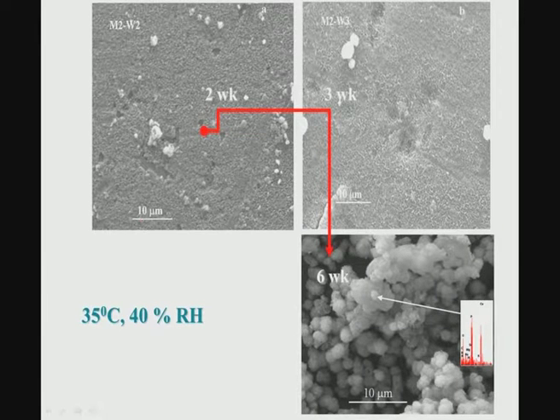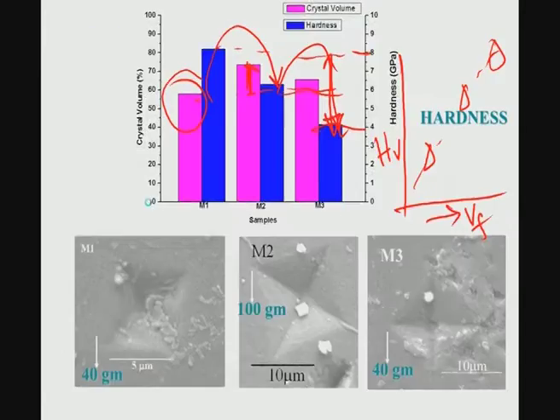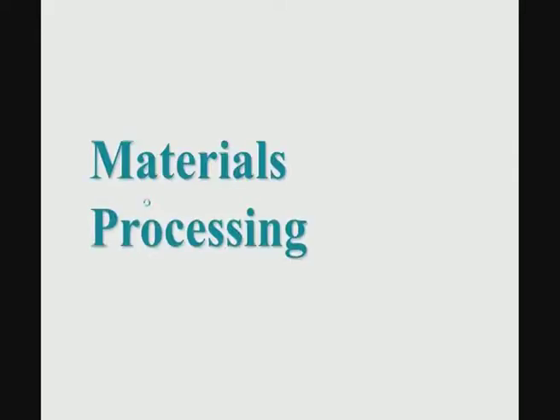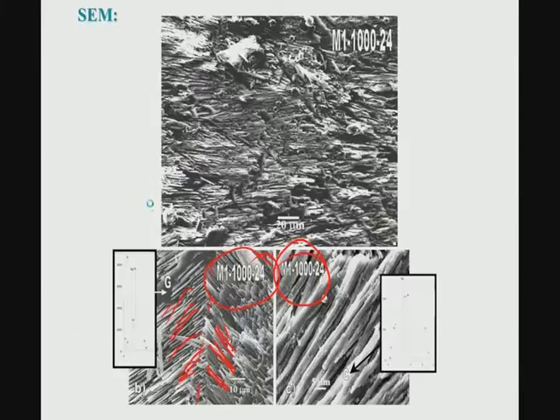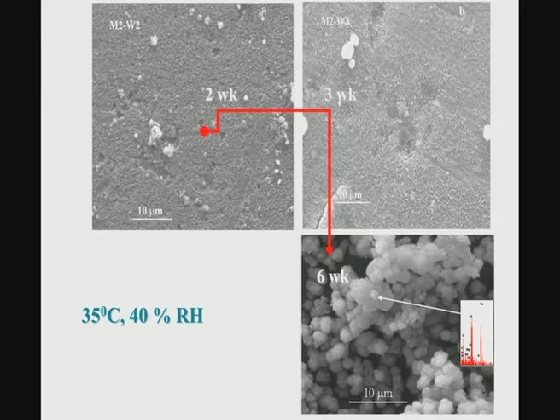Now, coming to the in vitro properties. This material does not contain any hydroxyapatite, and does not contain any calcium oxide. I think it contains calcium oxide. If I go back to this one, it does not contain any calcium oxide. So, this glass ceramic material does not have any precursor material which can facilitate the formation of hydroxyapatite in vitro. But when this material is incubated in a simulated body fluid with some of the precursor solution, what we have seen interestingly is that these nodules are essentially calcium phosphate.